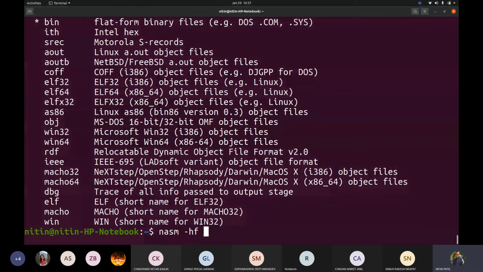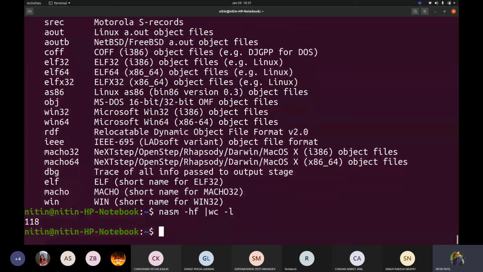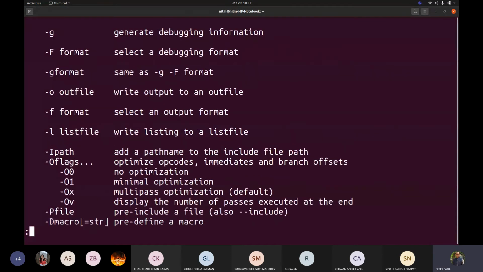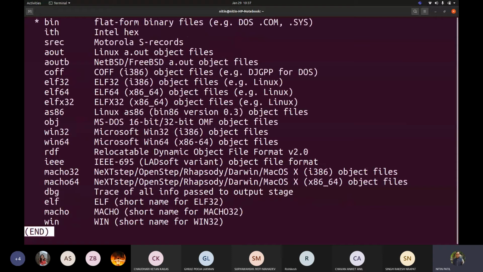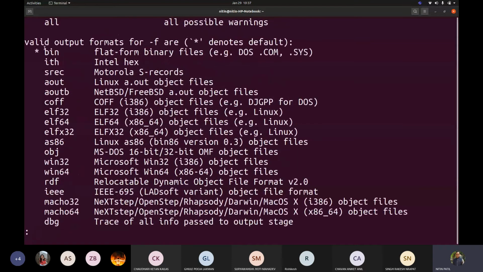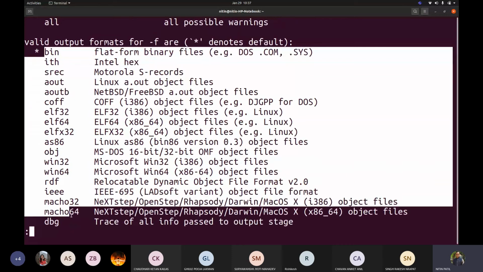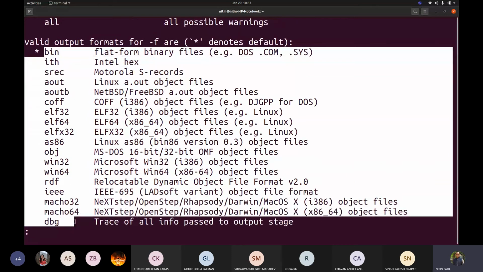If I see this, we are interested in this only, the valid output file formats. So 1 2 3 4 5 6, try to pick most of these. I want you to find out information about each of these things.